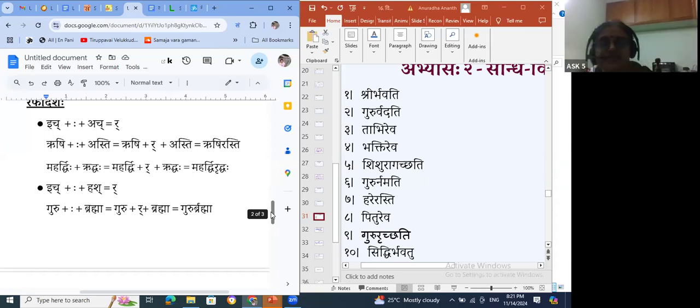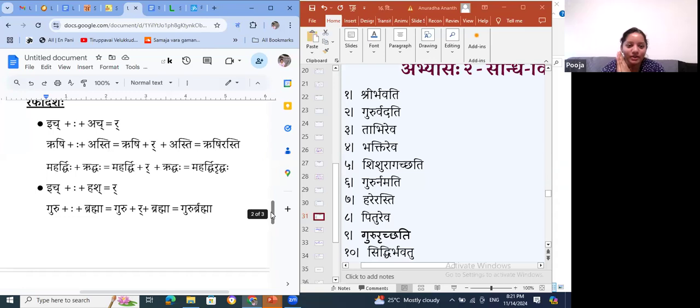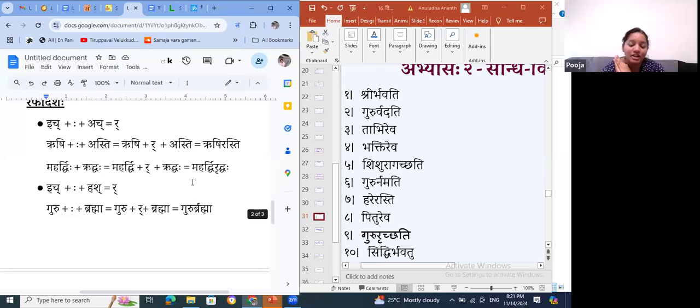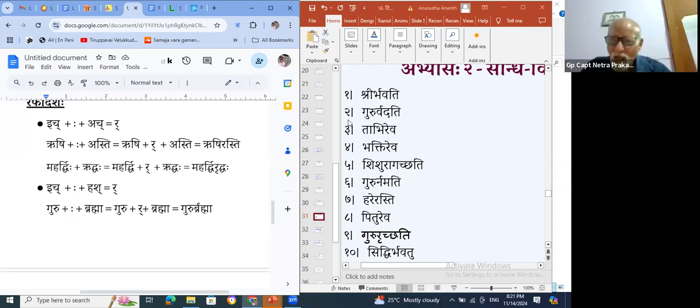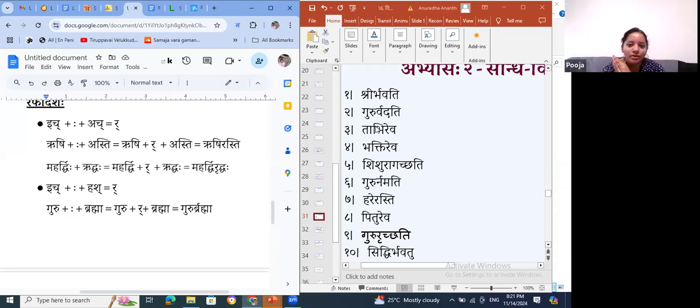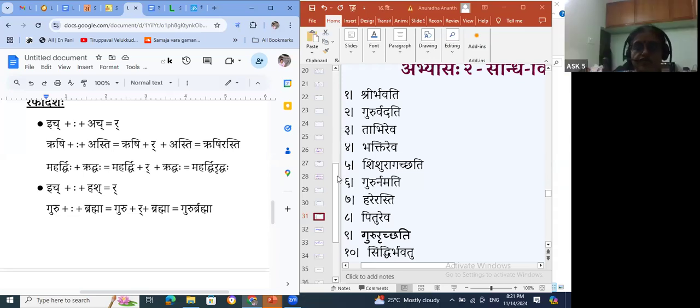Okay. Now, why Shrihi Bhavati? What is the rule? Shri is ich swara and ich visarga, and Bhavati will come in hush. Hush, not ach. Whenever hush, that's why it is settled. Samyak. Then Guru Bhavati. Gurur Vadati. Guru plus visarga plus Vadati. Ru is ich, and Vadati will be hush. So, Gurur Vadati.